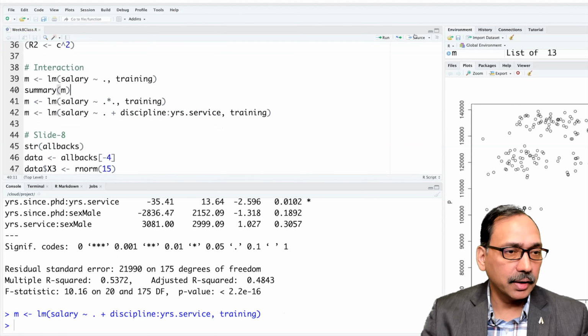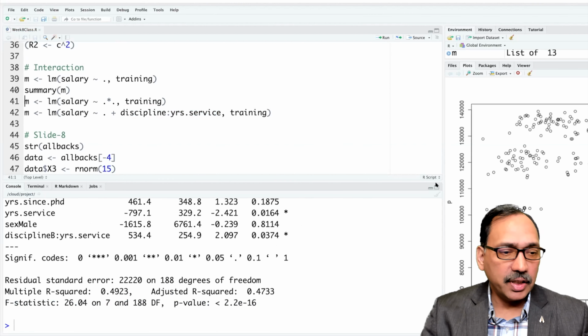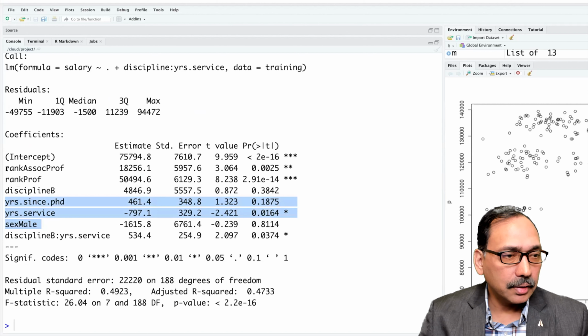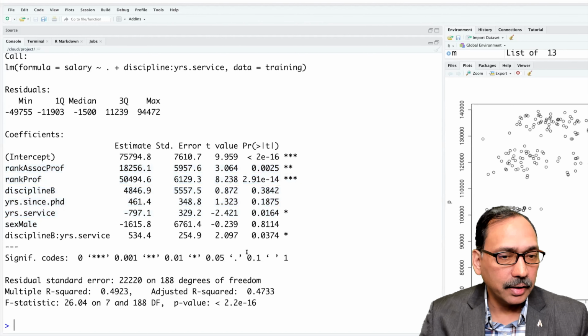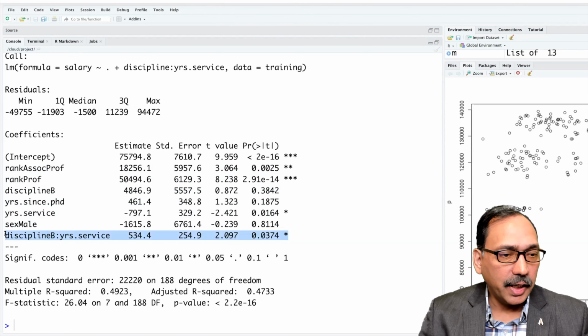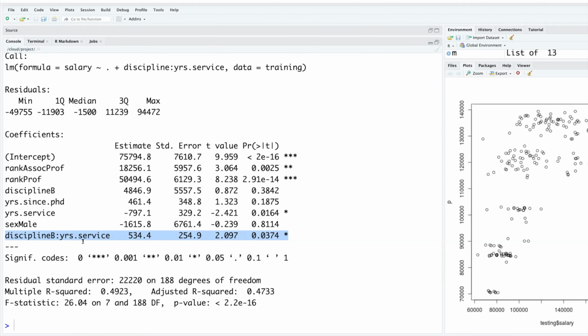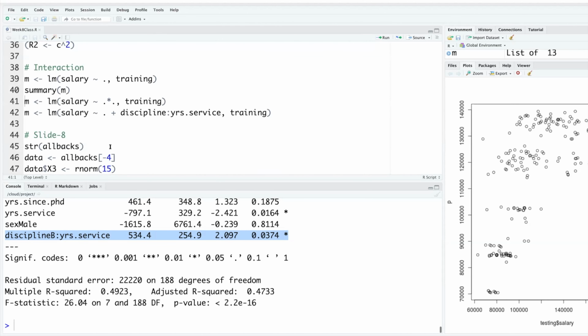So if you run that and run summary, you'll see that all independent variables are there, and then you also have this interaction term discipline versus years in service. Now, what exactly does this interaction term mean? Let me explain that using a plot.